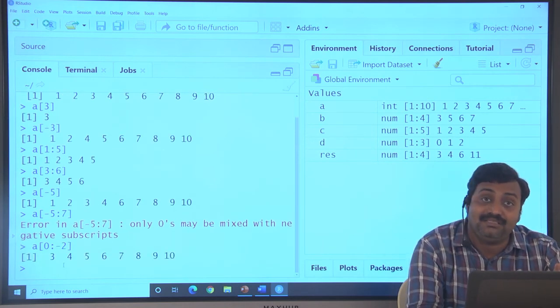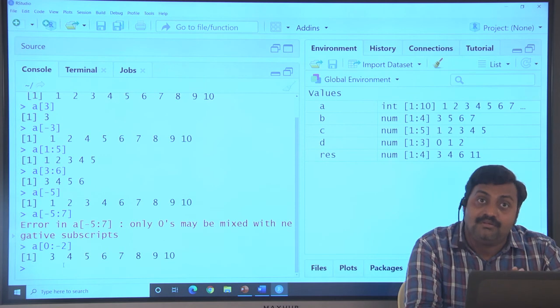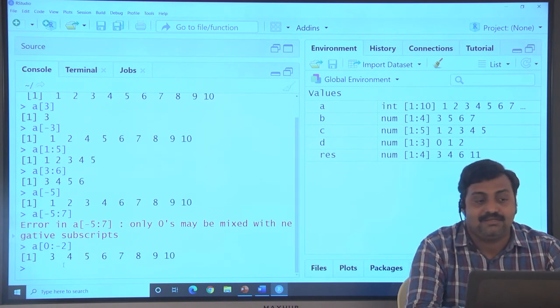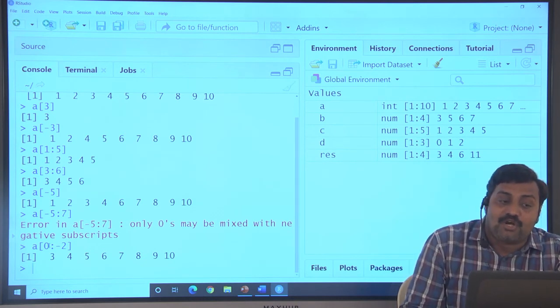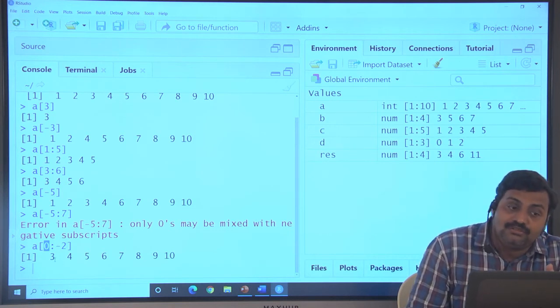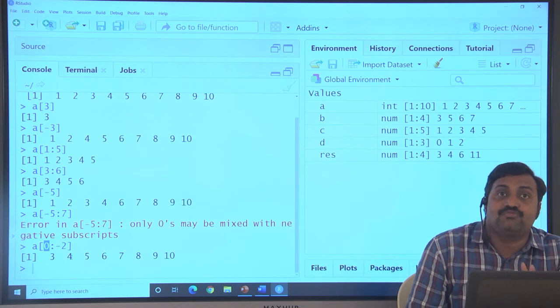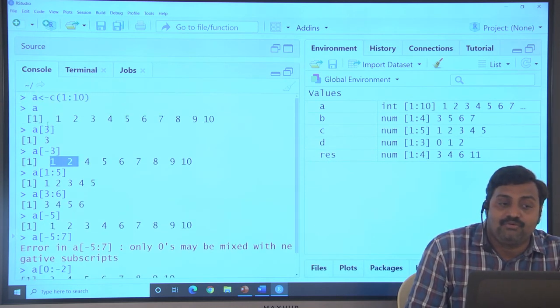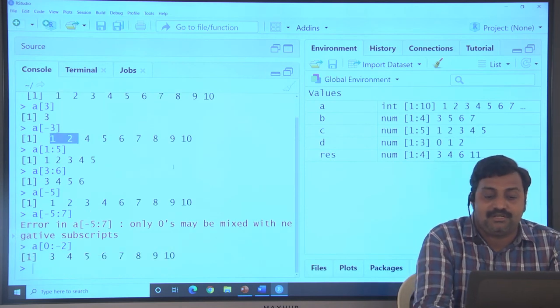That means whenever you want to perform negative indexing for subsets, use 0. So 0 to minus 2 means the first two values, 1 and 2, are omitted, and 3 onward is displayed.